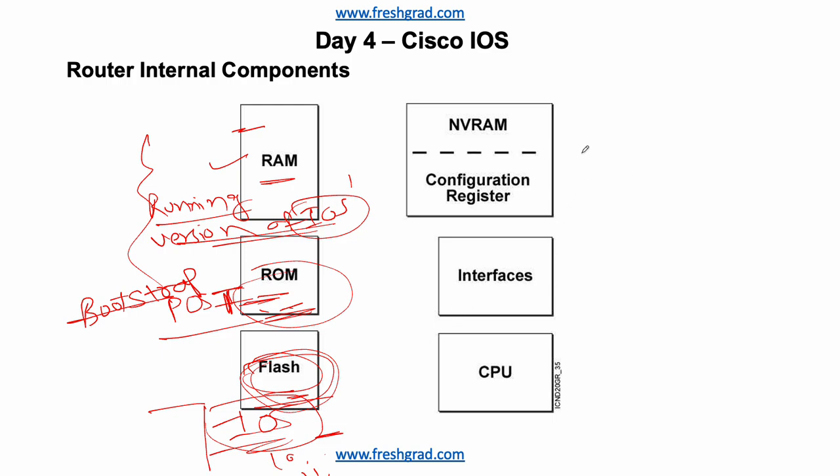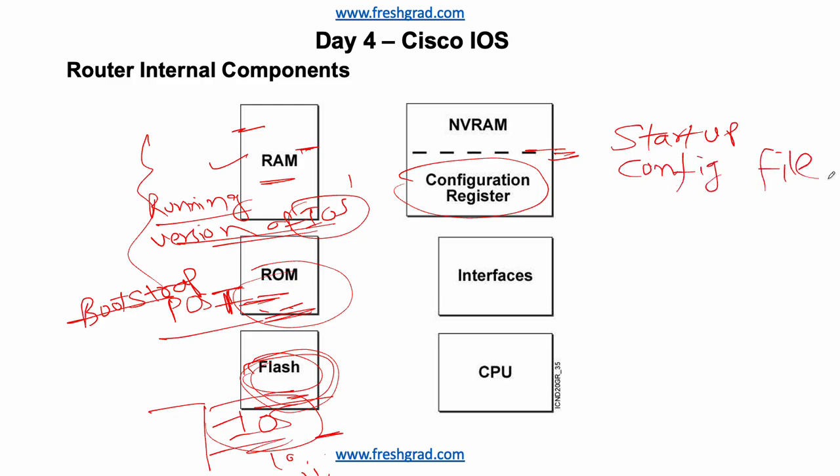And now NVRAM. What is NVRAM? NVRAM stands for non-volatile random access memory. This is random access memory, and this is the non-volatile random access memory. What it stores is basically the startup configuration file. So here in NVRAM we store the startup configuration file,